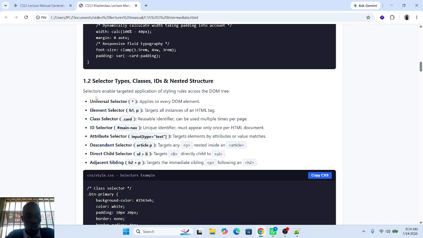Now, the first one is what we call the universal selector. That is the asterisk. Any style that you apply to the universal selector will be applied across the entire web page. That's why we call it the universal selector. There is something strange about programming. Do you know that in programming, most of the time the star, the asterisk sign, is seen as selecting all? It is used to select all in most programming languages. So the universal selector will have the asterisk. It applies to every DOM element. When you hear the word DOM, it stands